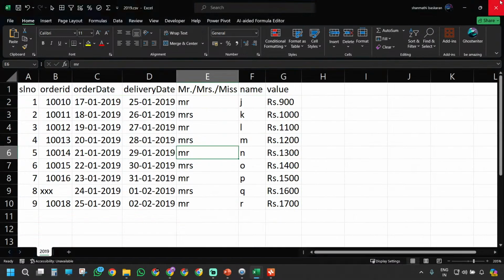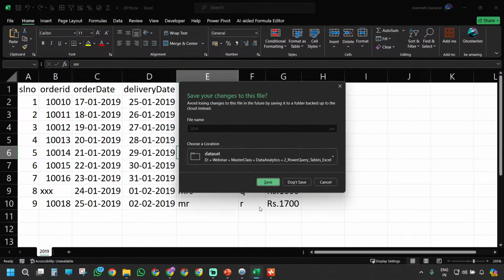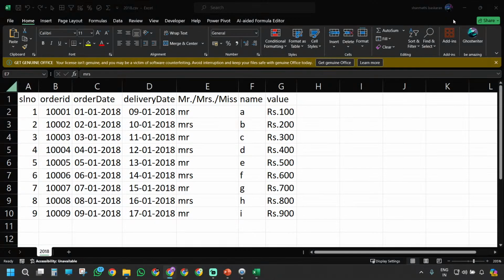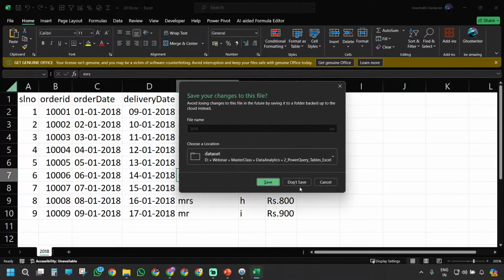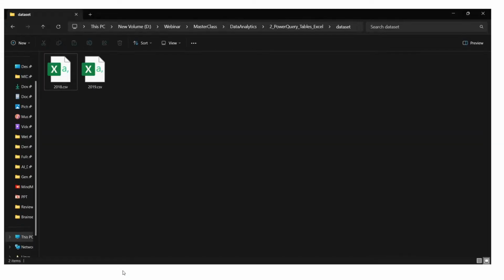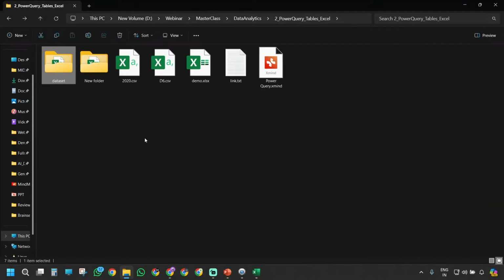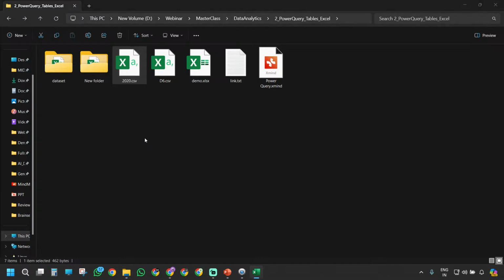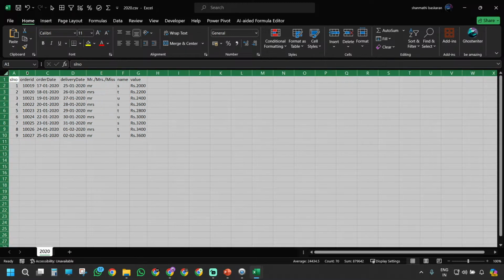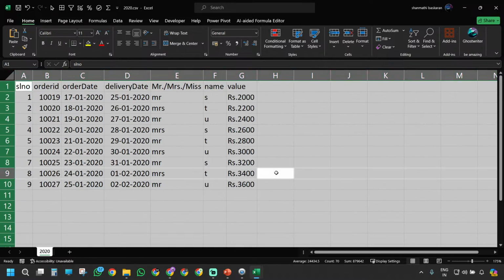Suddenly, guys, your company just came to you and they are telling you, you have already cleaned the data. That's good, but now we have got a new data called 2020 sales data, guys. As a data cleaner, what will you do? Just give your comments in the live chat, because you already did the data cleaning for 2018 and 2019, but